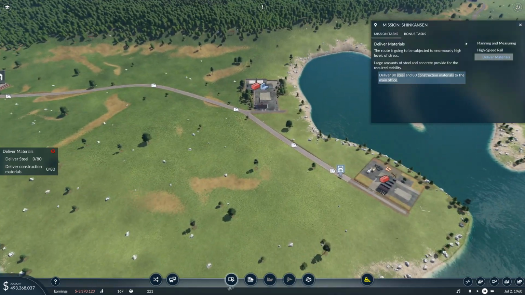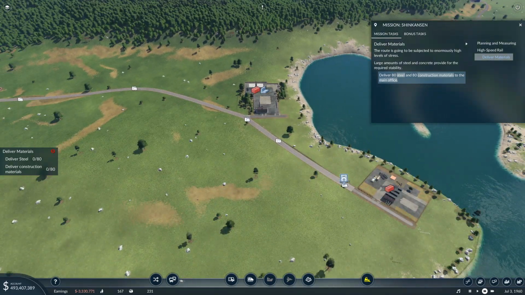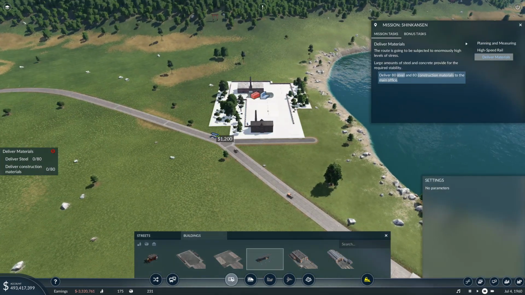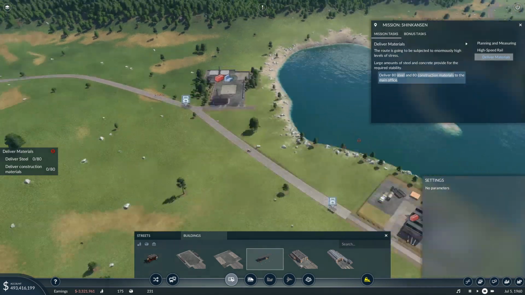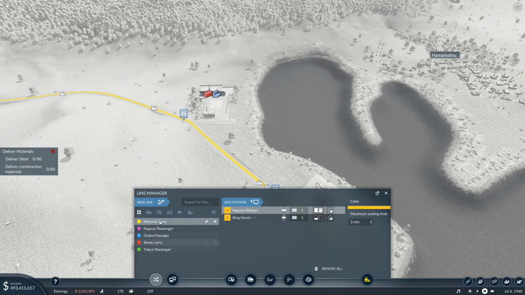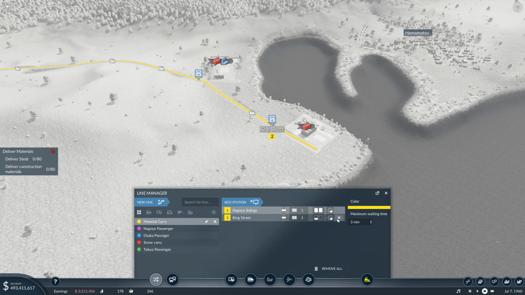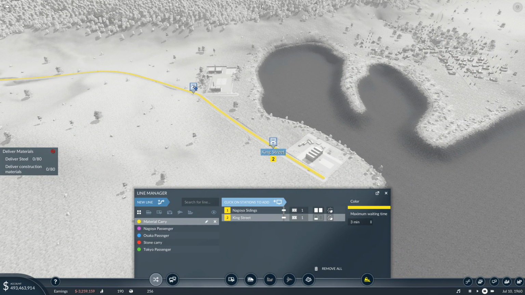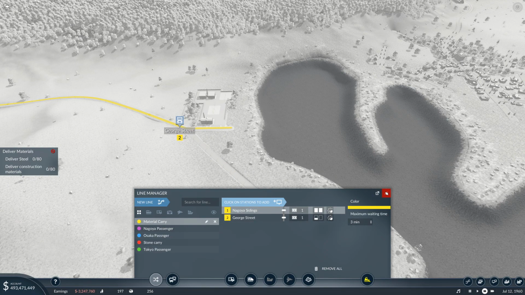So we've got to deliver 80 steel and 80 construction to the main office. Okay. Well, I think we can adapt this line by moving you to there. And what we can do now is go to the line manager, the material carry. Whoops. We'll take off King Street. Actually, what we'll do is add a station there, and then delete King Street. And then, of course, what we need to do is make sure that